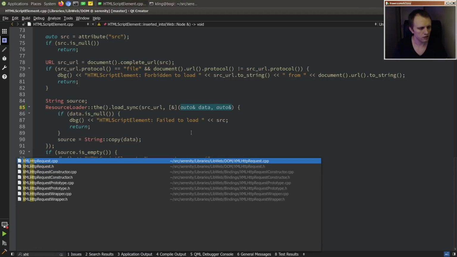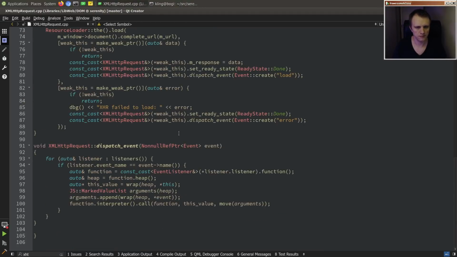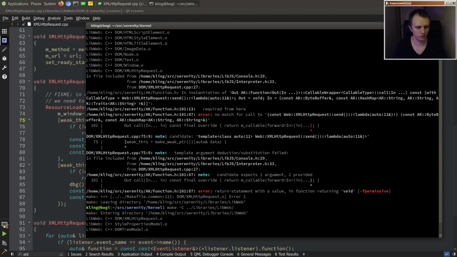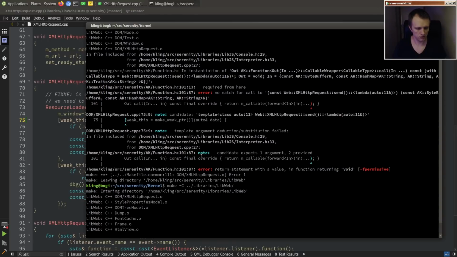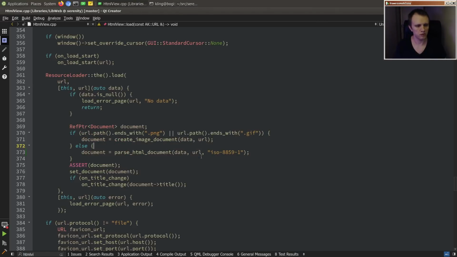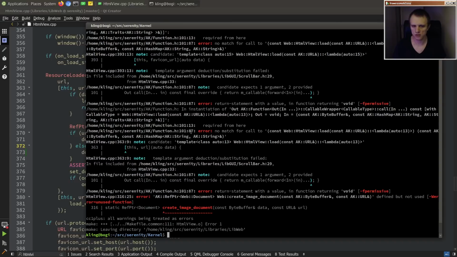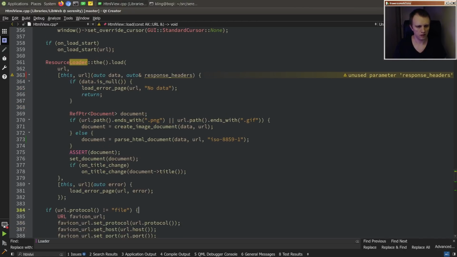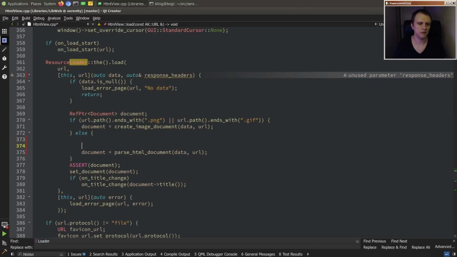And XHR needs this as well. And then can we finally get to HTML view, which is where we wanted to do this. So here, this is the particular one that we were interested in, response headers. Okay, and look at us doing this. We're not going to do this. We're going to say